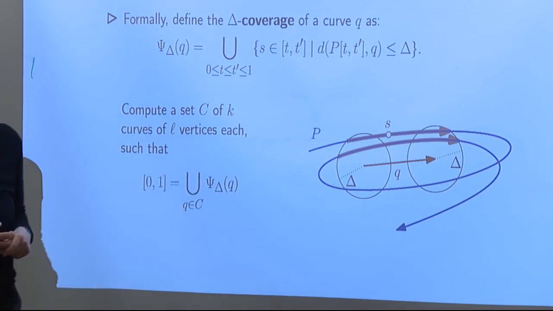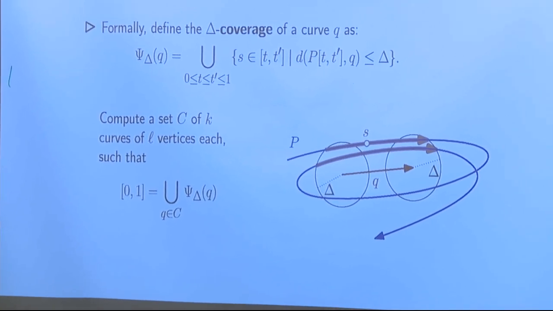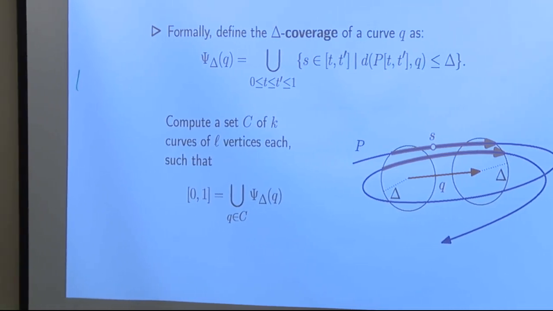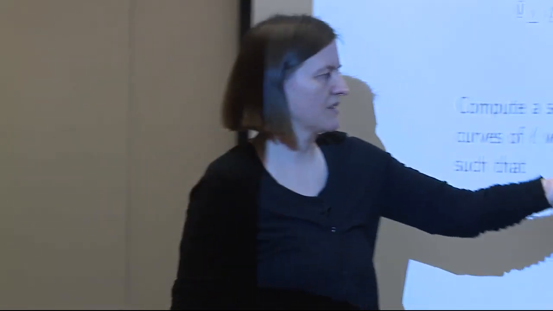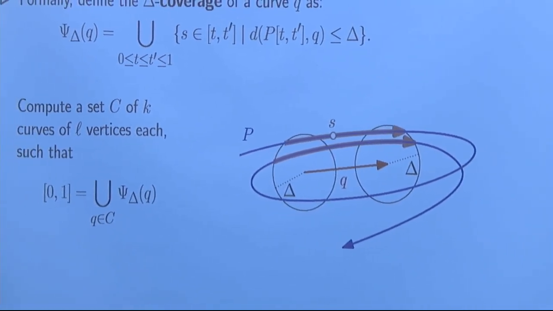It's called a maximal simplification, and it has the property that locally you cannot simplify further, otherwise your error would go up by too much. So your centers, if you just look at line segments, they will